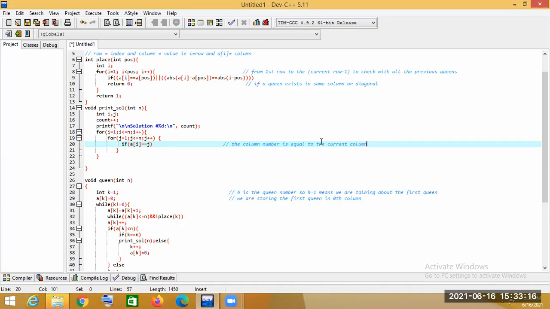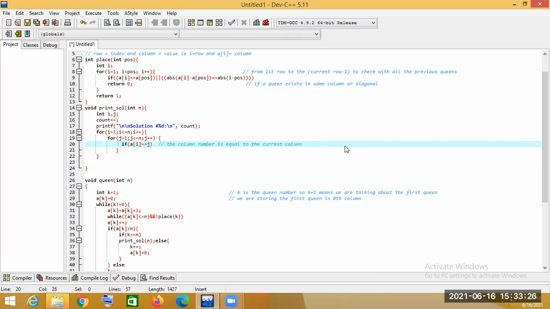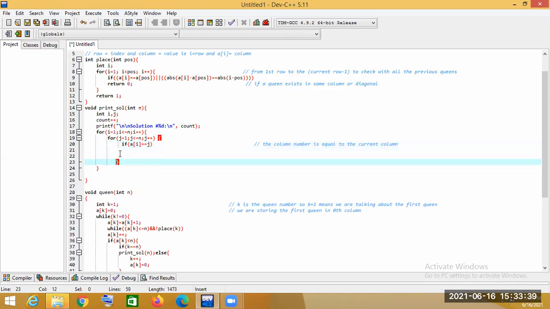If it is equal, then it will print Q. That means the queen will be placed here.